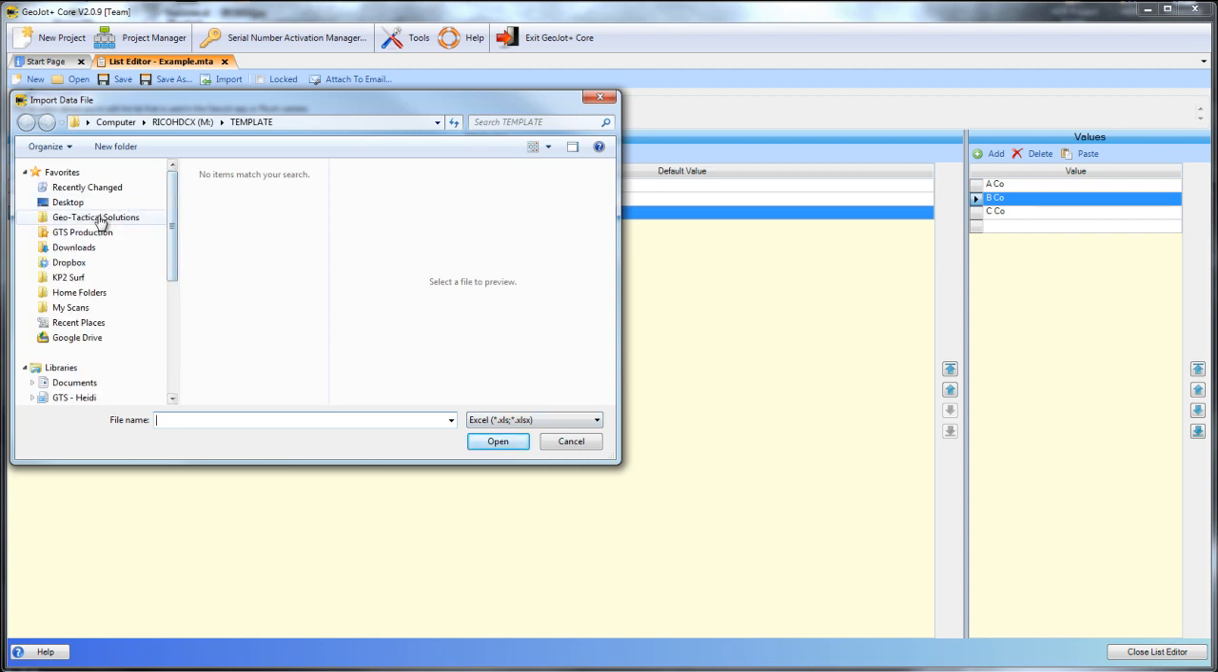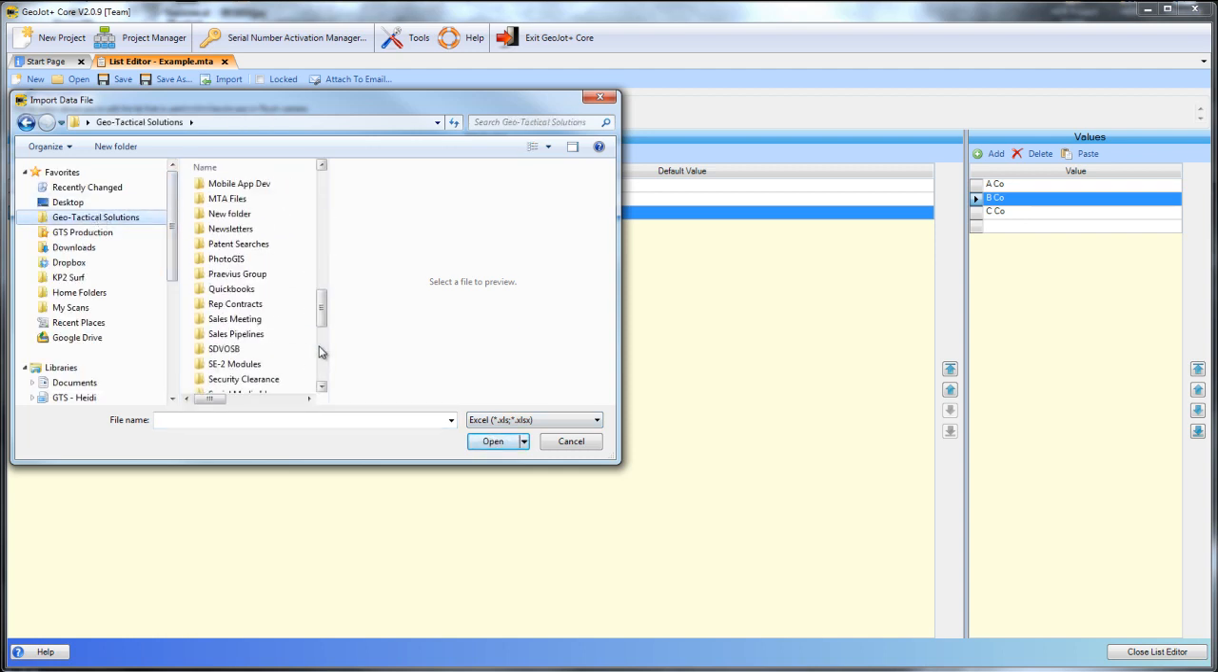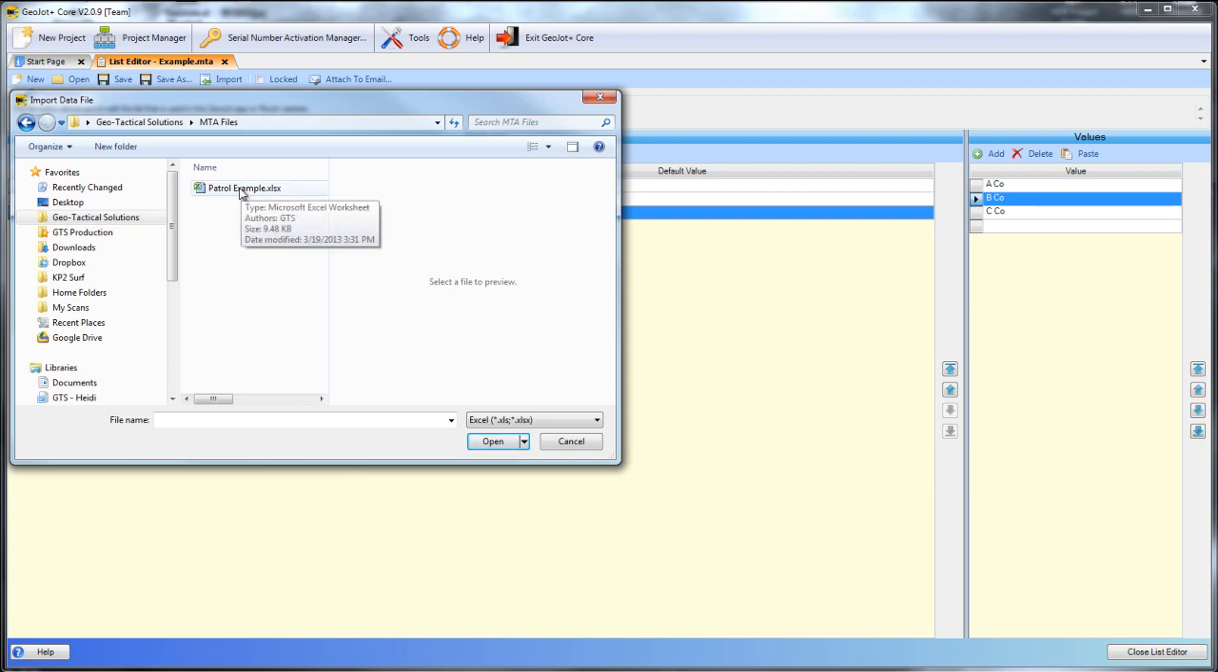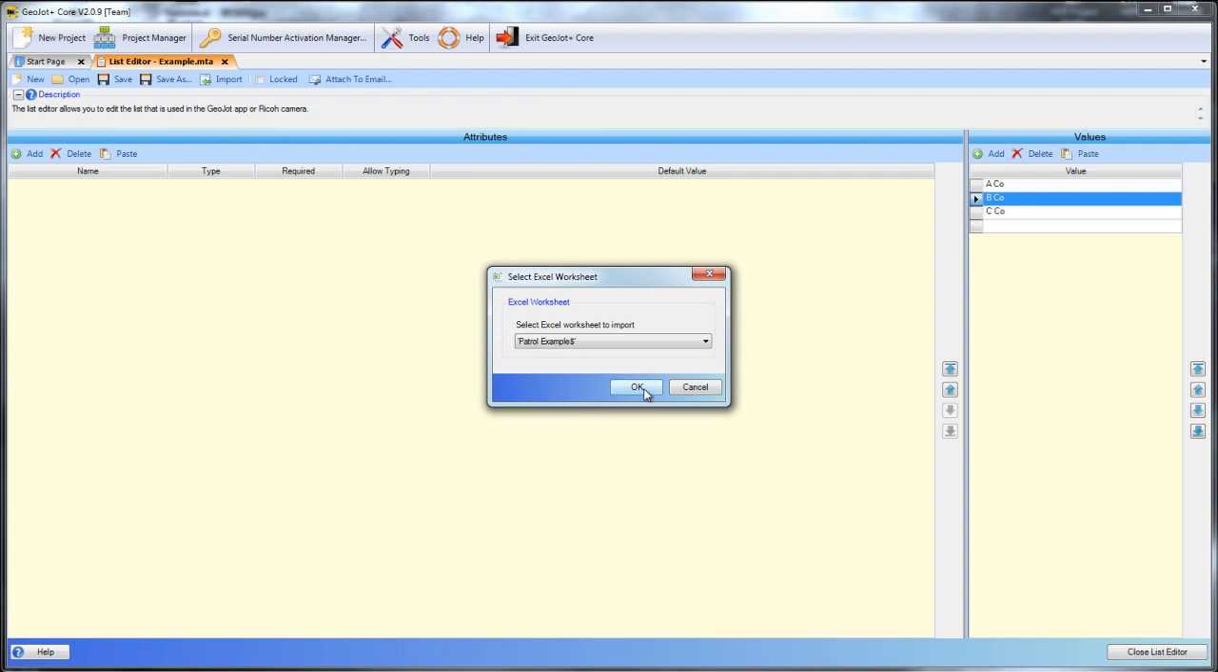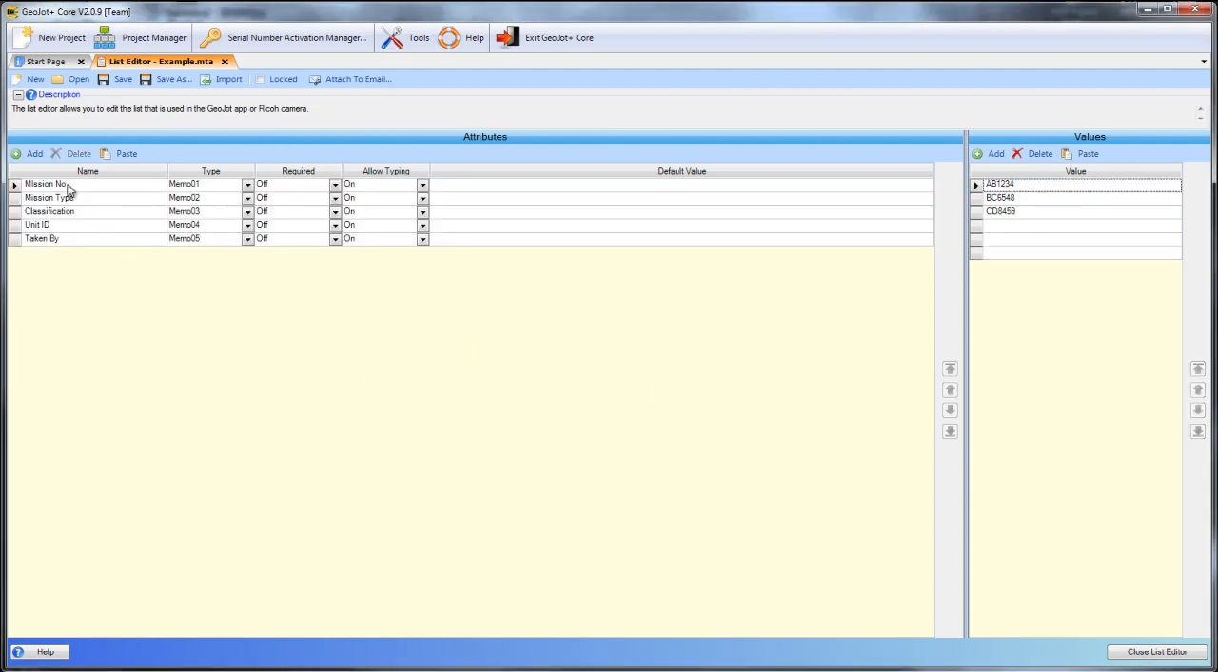And here I'm going to navigate to the location of my MTA files, and I'm going to import an Excel spreadsheet. Now I have a choice between an Excel spreadsheet or a comma separated value. And here's the Excel spreadsheet. And as you'll notice, these are all of our tags and values listed below them that we'll see pop up. So open that up, select OK, and there's all of our tags or our memos, and on the right